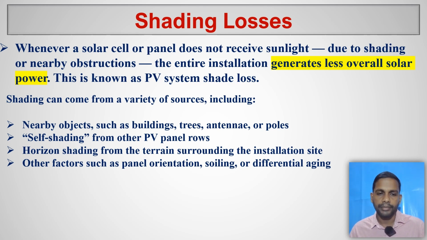There can be many shading issues, like horizontal shading from the terrain, panel orientation, soiling, and different aging factors. All of them create shading. Generally, shading means if a panel does not receive solar radiation, that's definitely a shading issue. So this is one of the main issues, because